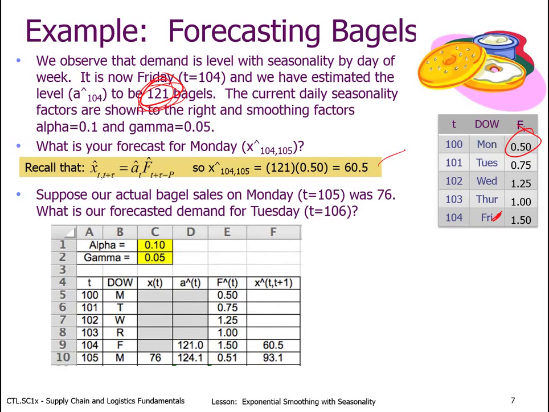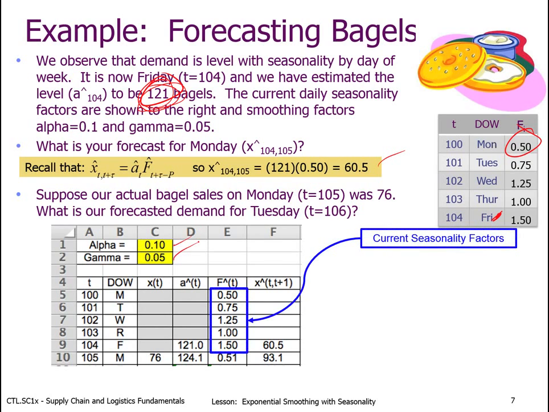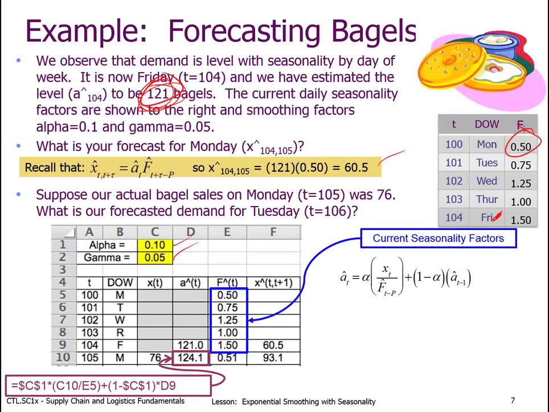Well, I'm going to use a spreadsheet because we're going to be using these more and more. So what do I have here? I have the alpha and the gamma terms in cell C1 and C2. Then here are my current seasonality factors in column E from cell E5 to E9. And then all I'm going to do in cell D10 is calculate the level in time period 105, because I need that to determine my forecast for period 106. And that's simply alpha times the actual demand in time period 105 divided by the seasonality of the most recent